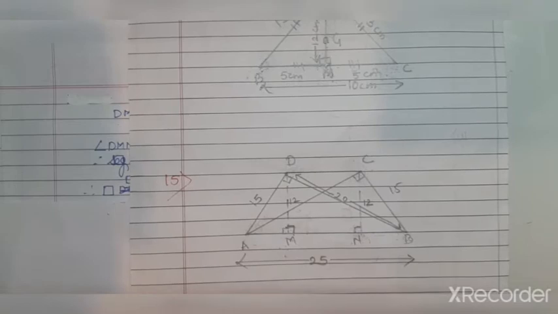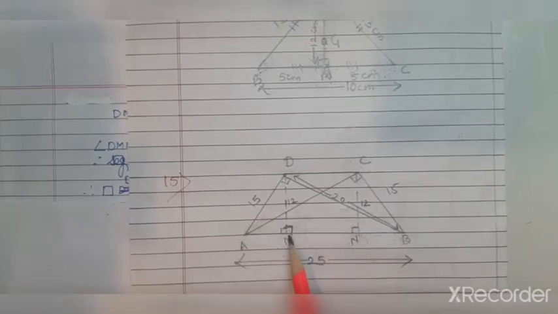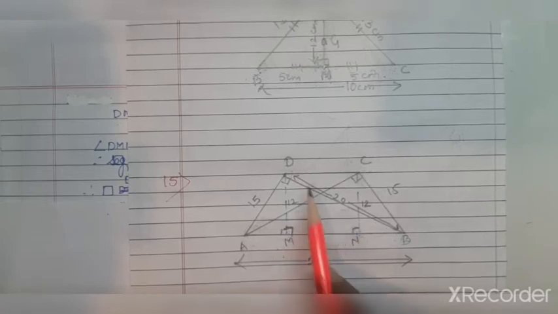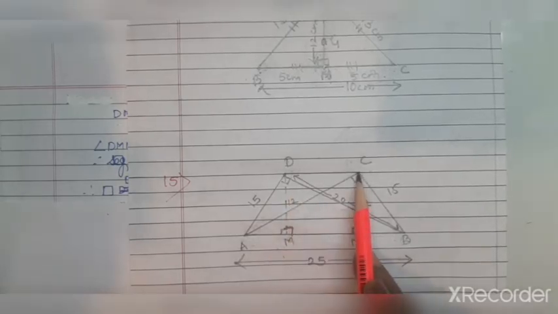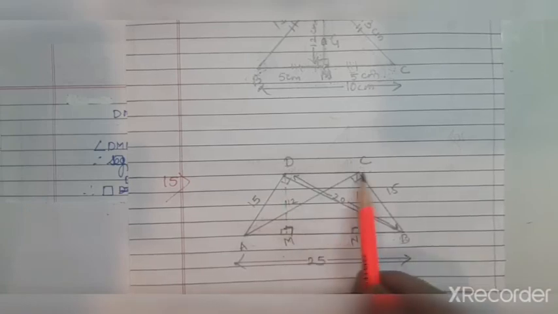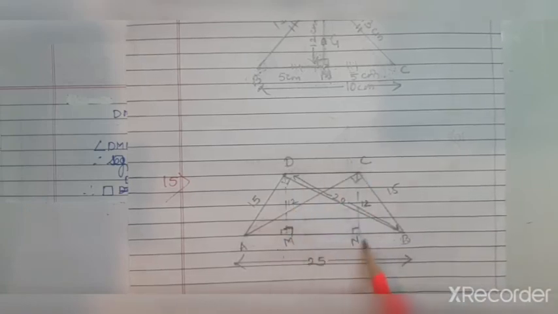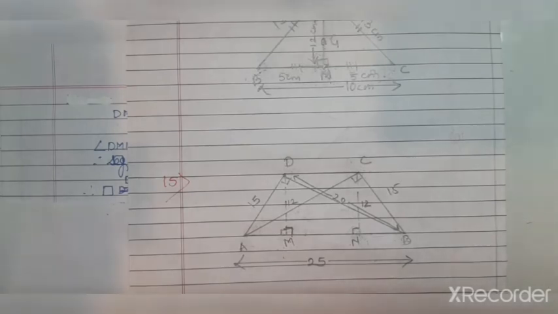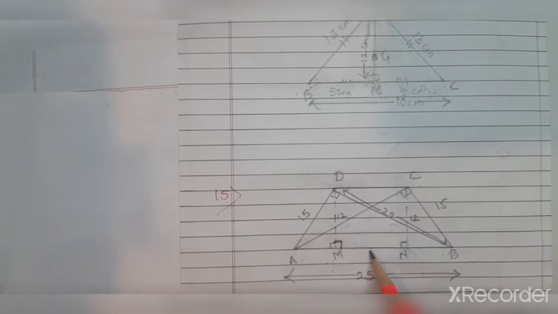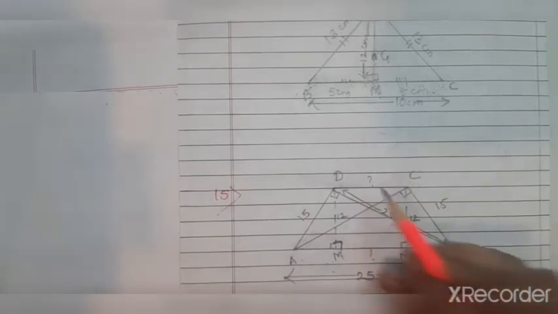Now once we prove it's a parallelogram, opposite sides of a parallelogram are congruent. So MN is congruent to DC. We have to find DC, so if we get MN, we can find DC. Once we prove it's a parallelogram, MN becomes equal to DC. So we'll see how we can reach MN. Now if you see here in the figure, we want MN. If we get MN, then only we'll get DC.